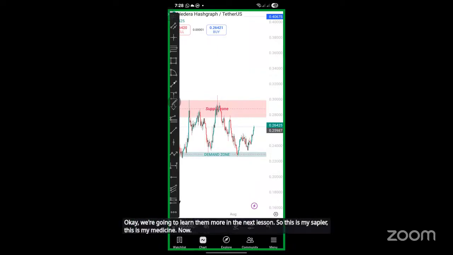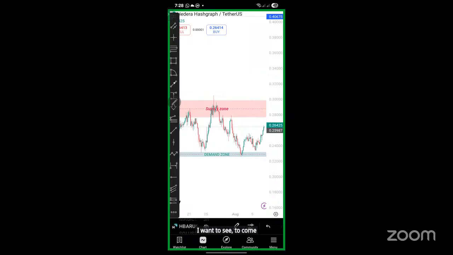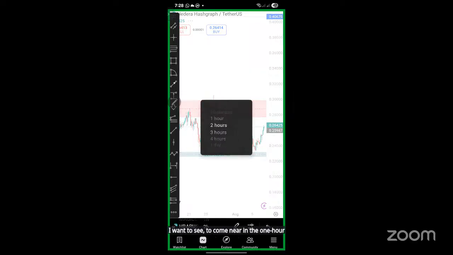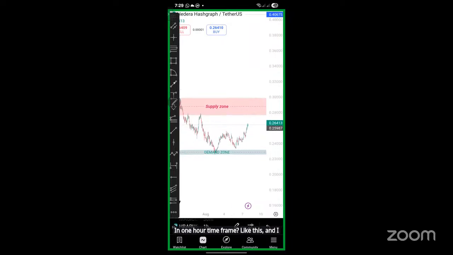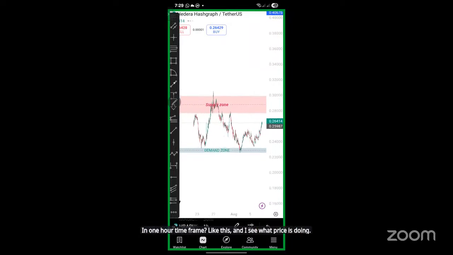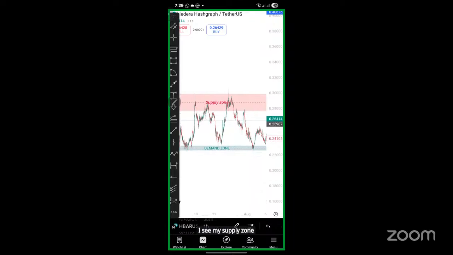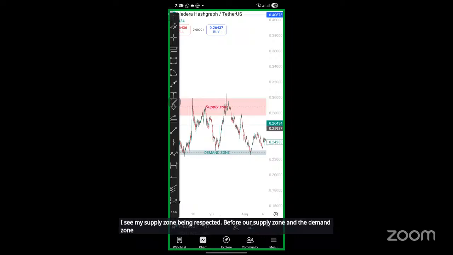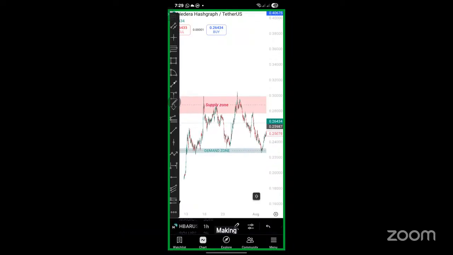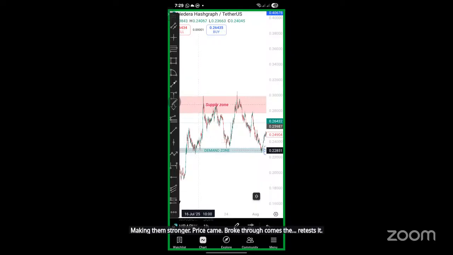Now, I want to come near in the 1 hour time frame, like this, and I see what price is doing. I see my supply zone being respected. The 4 hour supply zone and demand zone is being respected in 1 hour, making them stronger. Price came, broke through, comes here, retests it, comes back, taps within the demand zone, goes to the supply zone,